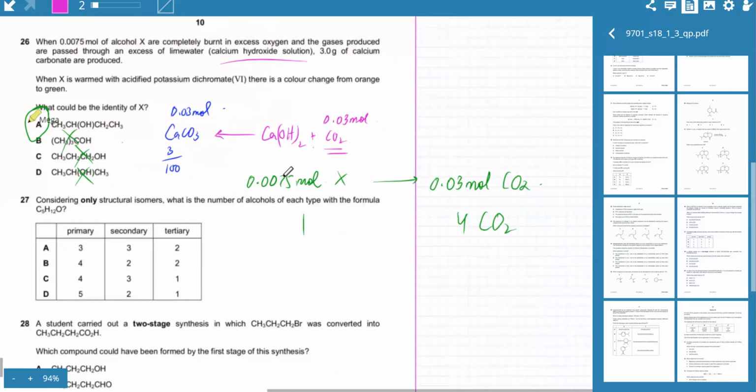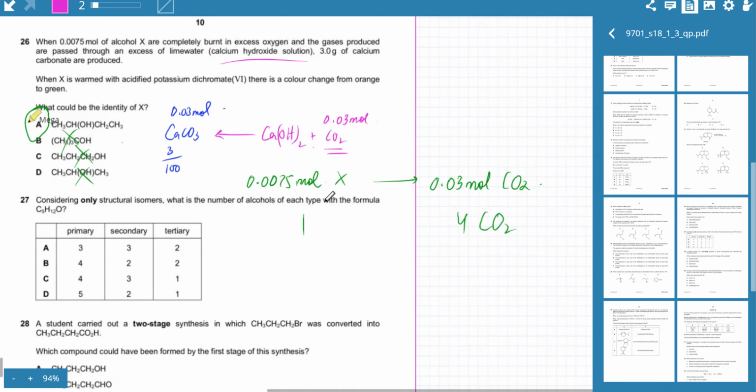And then the last part was, where was all this carbon dioxide getting produced? Because you had burnt 0.075 moles of an alcohol, which was X, and you were getting 0.03 moles of carbon dioxide. And we figured out the whole number ratio is that if you burn 1 molecule of X, you get 4 carbon dioxides, and that's only possible if the molecule has 4 carbon atoms. Okay? If you burn any molecule which has 4 carbon atoms, you're going to get 4 carbon dioxide molecules. So that means the molecule had 4 carbons in it. Okay? Is this clear, Minhail? Ibrar, is this clear? Yes, sir.